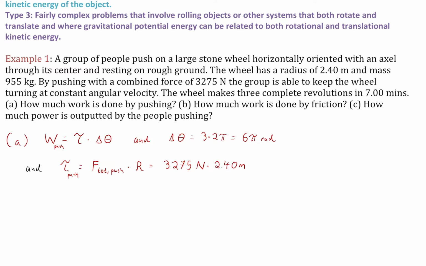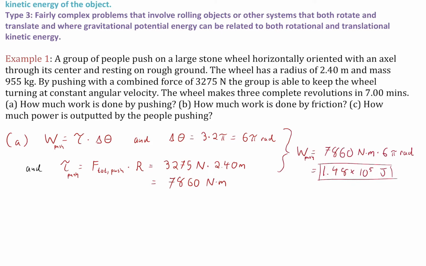All right, so notice then that in the definition of torque, there's no cosine or sine of an angle, because we're assuming that the angle between the pushing force and the radius is 90 degrees, which allows for maximum torque. Because then it's sine of 90, which is 1. So we just put in our total force, multiply by the radius, and there we have our torque,